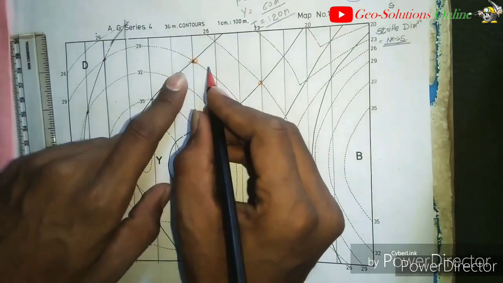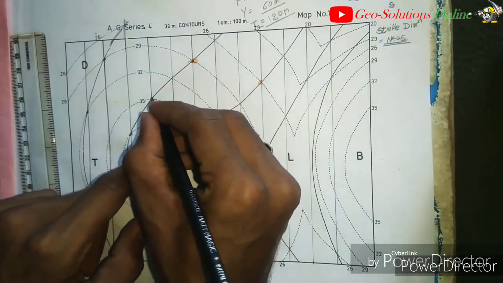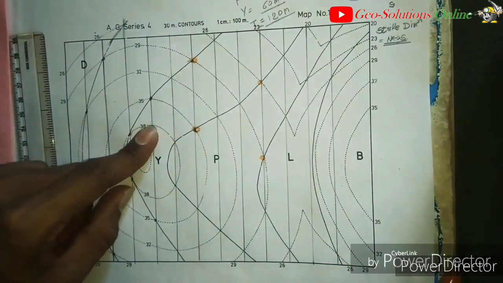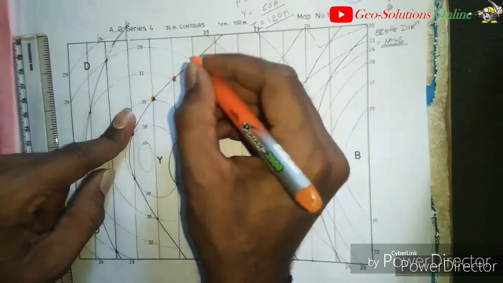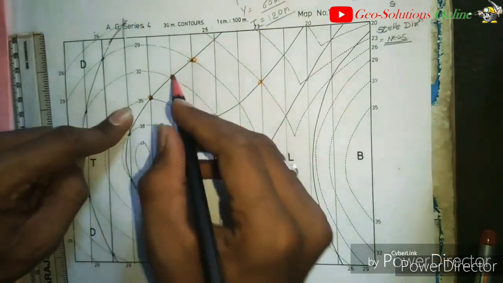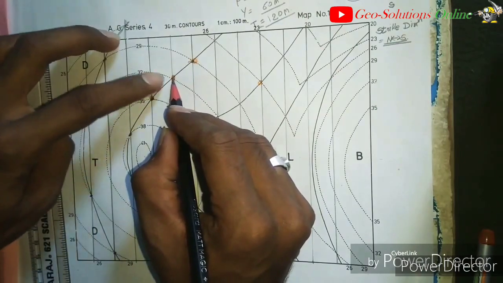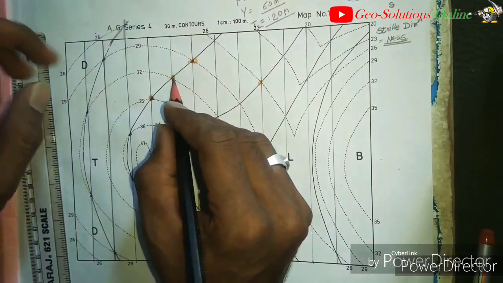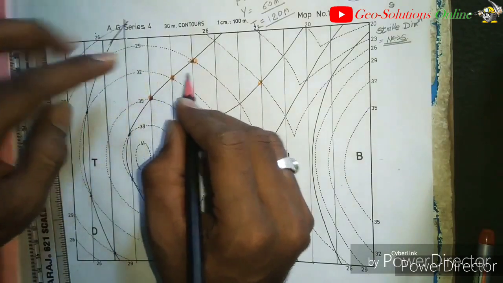The second rule to identify the dip is to consider a triple junction point. I will consider this triple junction point on a junction line, then I will take this middle junction point and find the dip. The second rule is that dip always runs from the higher contour to the lower contour values.